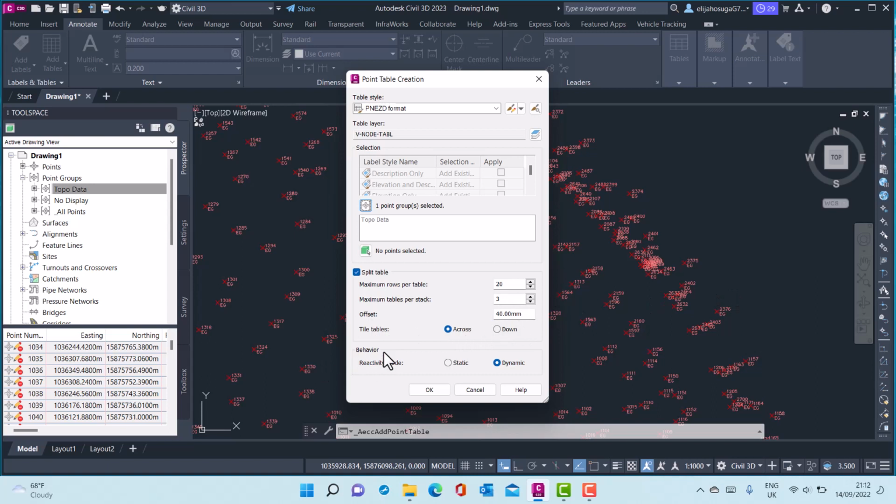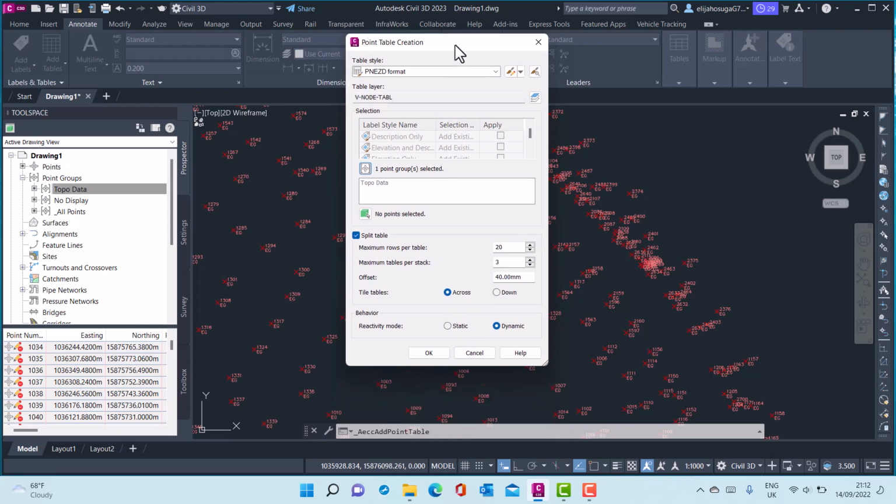And then the behavior of these tables can either be static or dynamic, meaning if the points list are edited, these tables, if they're dynamic, can change. So the northings, the eastings, they will change if this is dynamic. And if it's static, whatever we form will not be able to be changed. So once I'm okay with everything that has been displayed there, I can click OK,